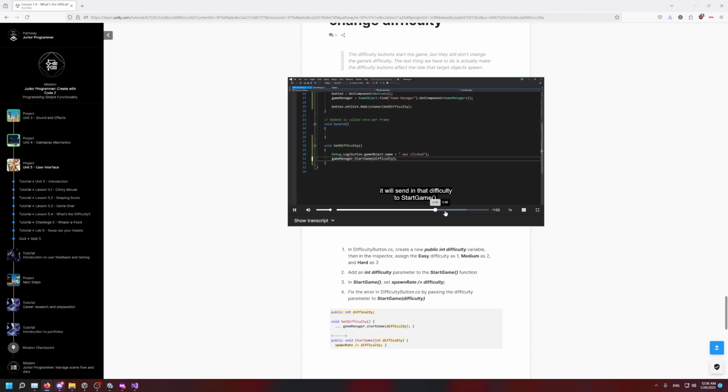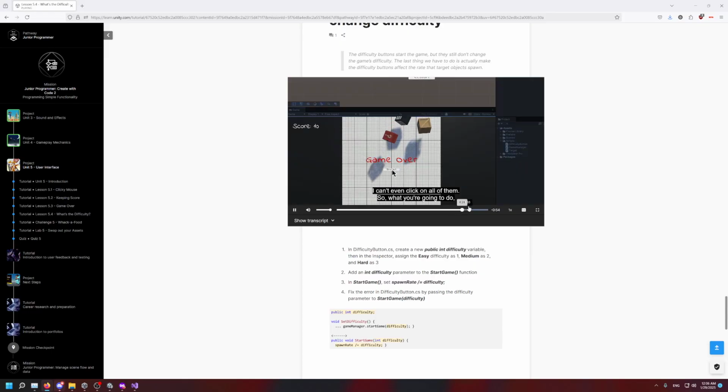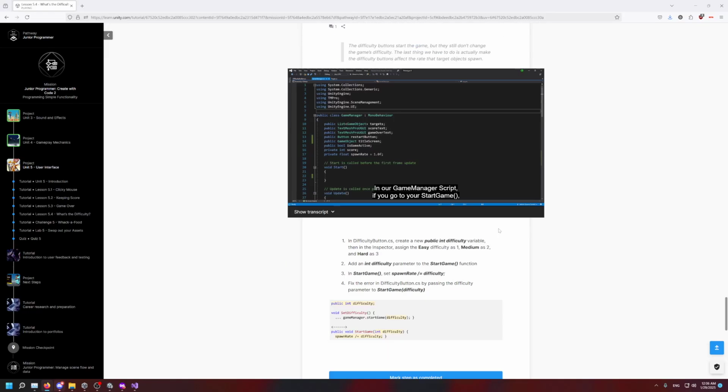Before press, it'll send in that difficulty to start game, send that information to our game manager, which will then use that updated spawn rate to spawn enemies faster or slower. So now we're really communicating between the different scripts that we've written, very similar to how we were learning how to. In our game manager script,